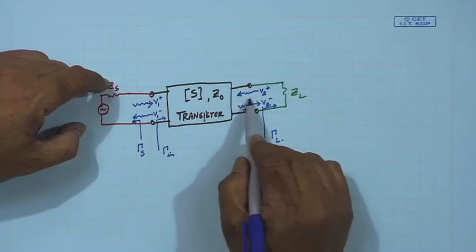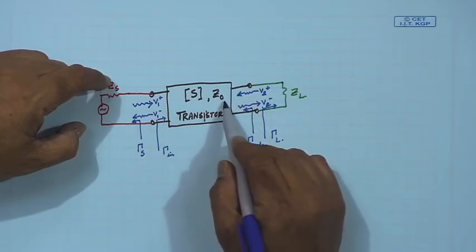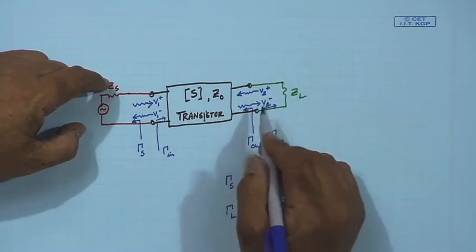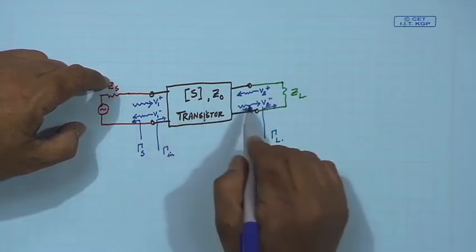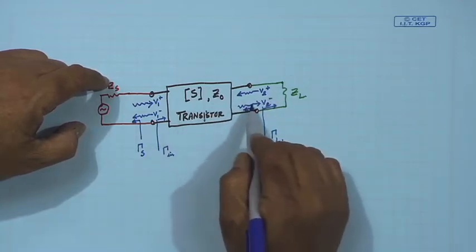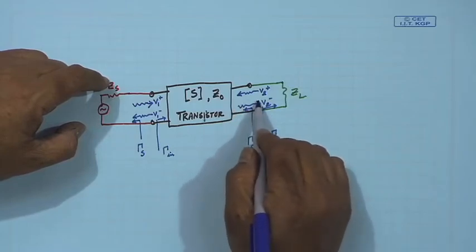Again, this transistor, which is at impedance level Z0, is seeing some output impedance, so depending on that, it will transfer a part of that power. If we can have a conjugate match here,